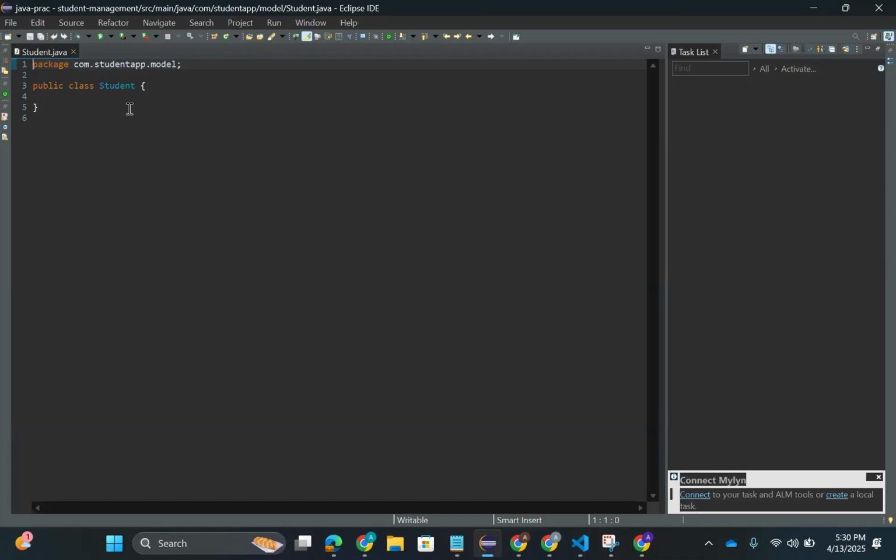Now, there are a lot of annotations which you have to use. But first, let's try the fields. When we create student data, what fields should we have? We will have the ID, so let's write private Integer id. We must also have the name of the student, email, and the course. So write those as well: private String name,